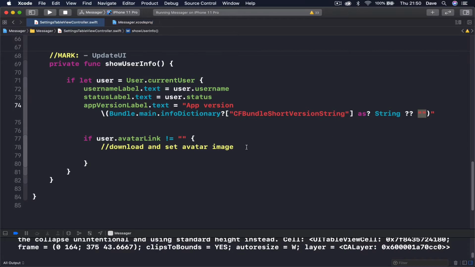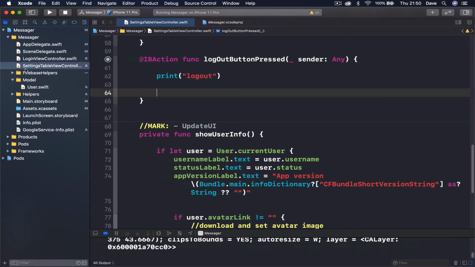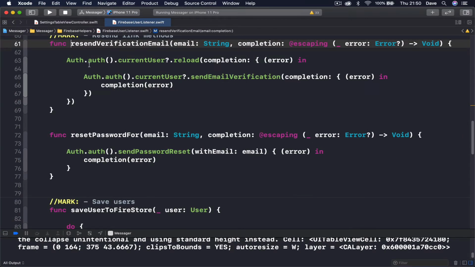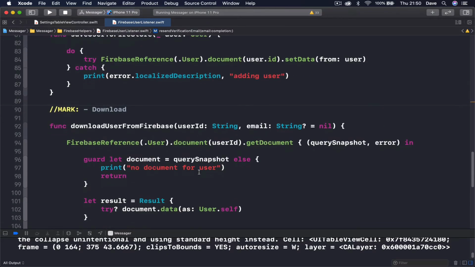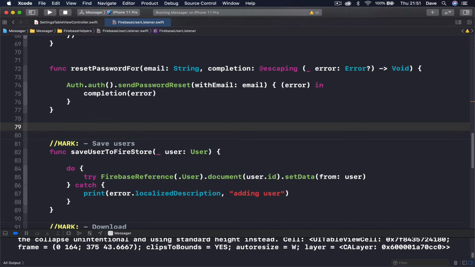So logging out our user, what we need to do is to write the functionality, and the logout is going to happen on Firebase user listener as well, because this is a part of this user authentication, and we're going to do it here. So we have our save, download. Let's put on top of our save, after our reset password, I'm going to say func log out current user,